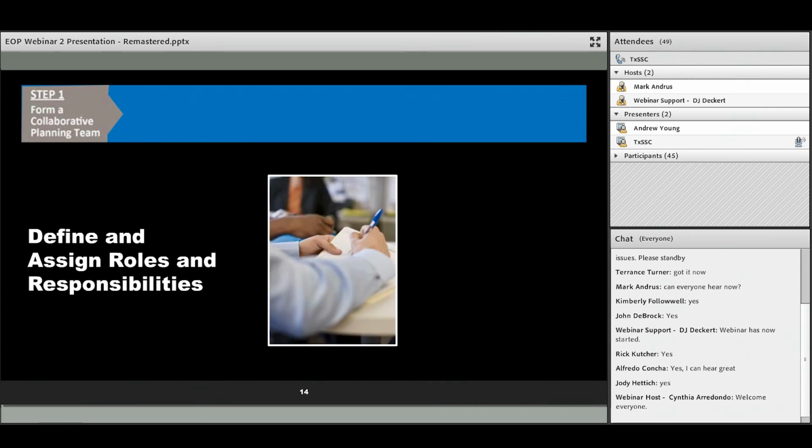Okay, next you're going to define and assign roles and responsibilities to the group members. Every person involved really needs to know what their role and their responsibility is. Some people may be really good at supporting plan maintenance tasks or like conducting assessments, gathering data and reporting back, conducting threat and hazard assessments. Others might be better utilized to support like training efforts and implementation tasks. Organizing exercises, or maybe facilitating different technology components. So everybody needs to have a task and understand what their role is toward the whole committee.